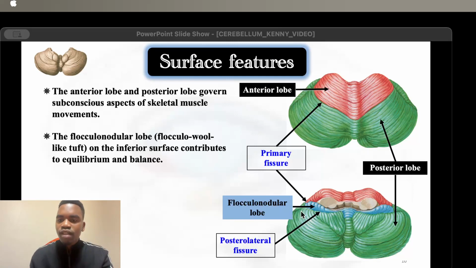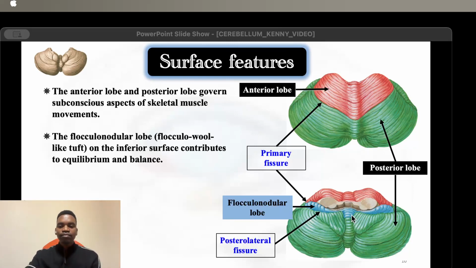But remember when we said that you have a vermis here, and the vermis terminates itself to form a nodulus. I think you recall the nodulus of the vermis. So this is the nodulus of the vermis. And we said we had the two elevations here, left and right. So we had elevation on the right side, we had elevation on the left side. We call them flocculus. So what if I tell you that these flocculus on either side, they will functionally join together with the nodulus to form the third lobe of the cerebellum, which is known as flocculonodular